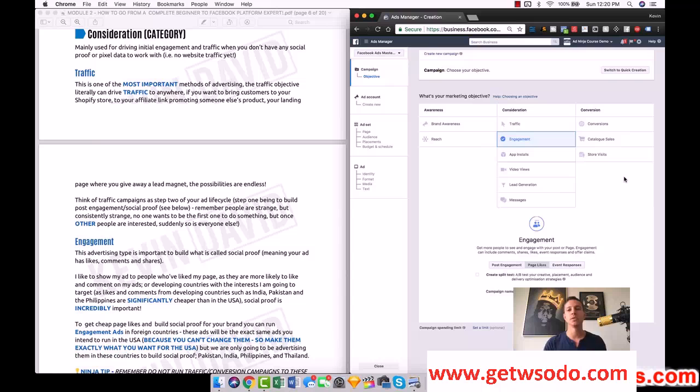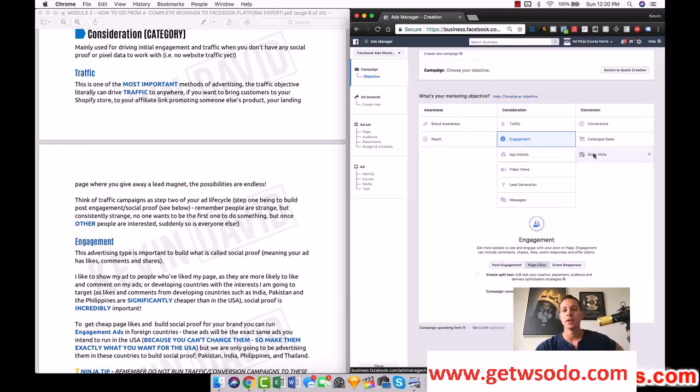But the purpose of this module is to kind of get your cogs and your wheels turning of when you're going to be using each one of these marketing objectives. And then later on in future modules, we're going to show you exactly how to create these ad campaigns literally from start to finish, all of the settings we use, all of the hacks, right? Because there's a ton of different little considerations, like do you optimize for impressions or link clicks? There's a lot of things that we're going to teach you exactly how to set up all of these important campaigns. And some of them we're not going to use, like store visits or app installs, just because they're not applicable to like 99% of people who are going to be part of the Ninja family in this course and just running Facebook ads in general.